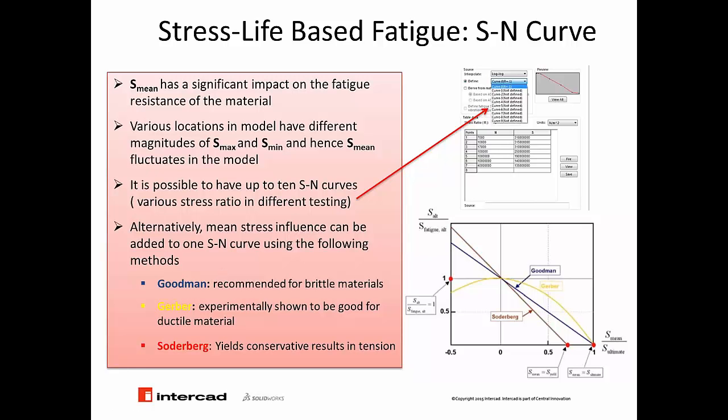Second is Graeber, which is experimentally good for ductile material. And the third one is Soderberg's, which yields a conservative result in tension. Now, as you can see in this figure and the graph, the correction factor is correlated to the values of